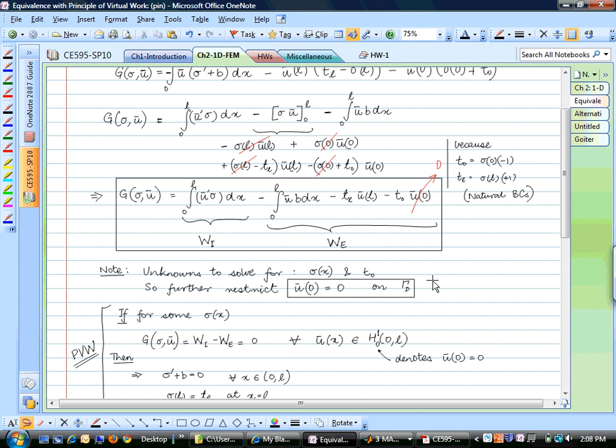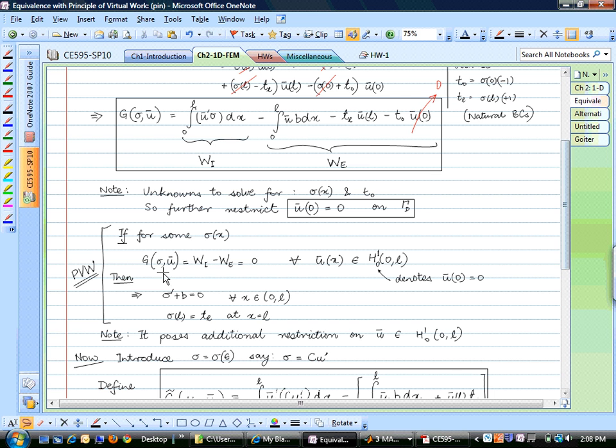So if you make that choice, then our virtual work functional that remains can be stated as this. This is nothing but the principle of virtual work. We say that if for some sigma this condition is satisfied, then div s plus b is equal to 0 and we have equilibrium. And further, the tractions at the right end are also equal to this quantity. So another thing to note here is that by itself, in the principle of virtual work, we never mentioned u at 0. So what we are going to do is we are going to say that our u bar, that must